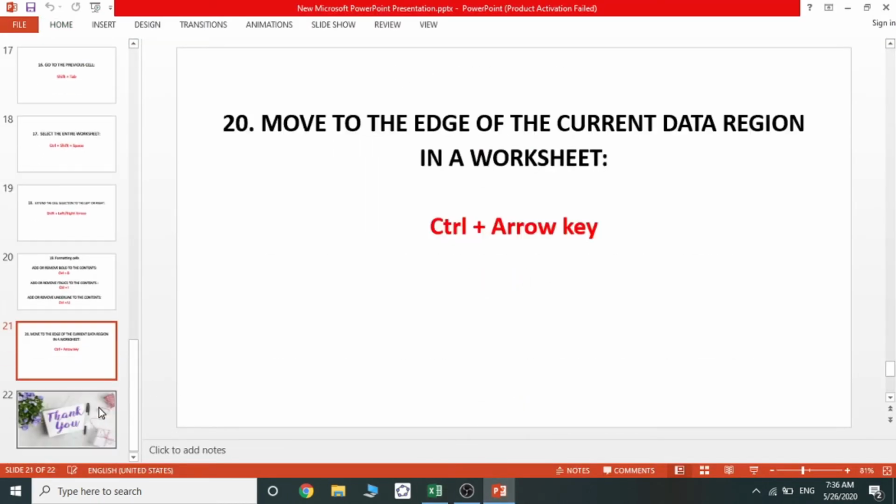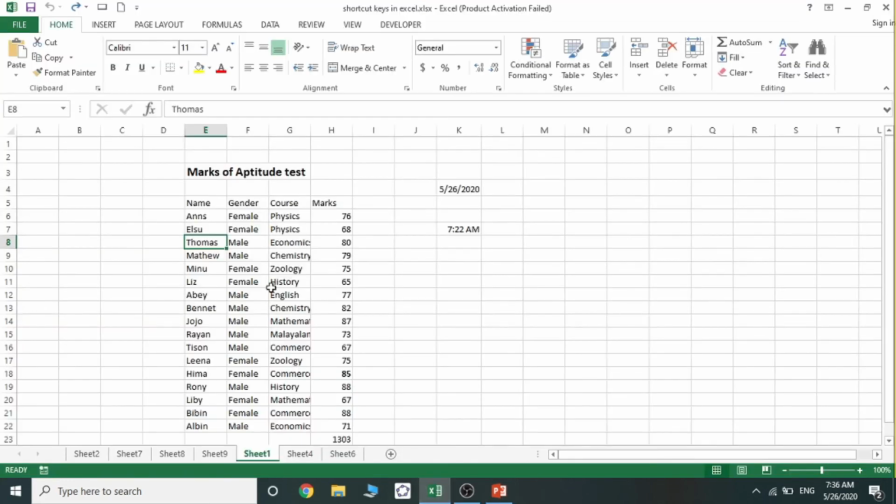Okay, and the final one is move to the edge of the current data region in a worksheet. We can move to all the edges of the data in a worksheet by pressing Control plus the arrow key. Control arrow will move to the edge.